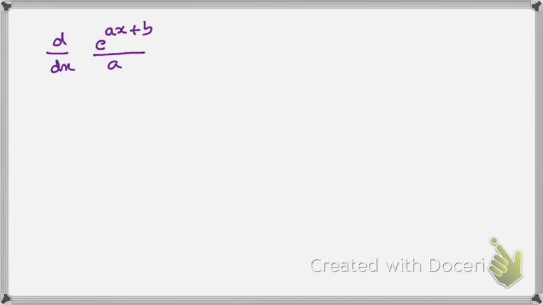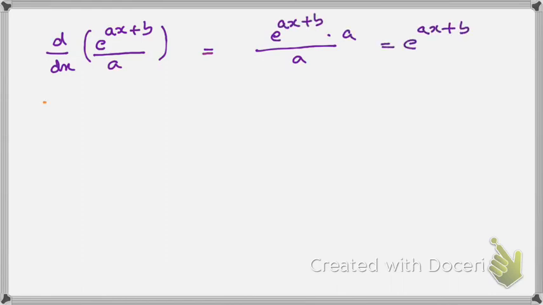Looking at another example, d by dx of e raised to ax plus b by a. When I try to differentiate again, divided by a is a coefficient which stays there. Numerator is like e raised to x. Derivative of e raised to x is e raised to x itself. So derivative of e raised to ax plus b, I apply chain rule, would be e raised to ax plus b itself times a. A and a cancel, so I have e raised to ax plus b. So undoing it,